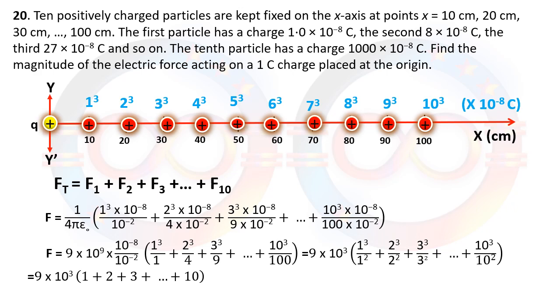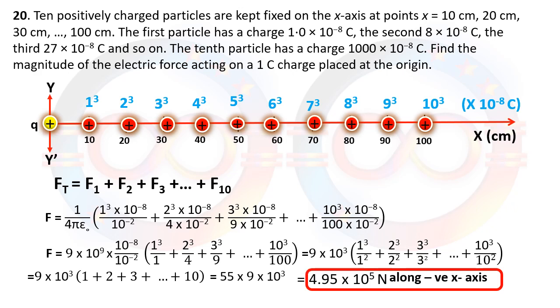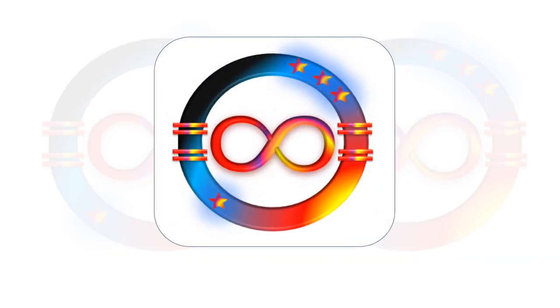We know that if we add 1 to 10, it is 55. So 55 into 10 raised to 3 into 9, we are going to get the value as 4.95 into 10 raised to 5 Newton. That will be the total force of repulsion on charge q equal to 1 coulomb present at the origin along negative